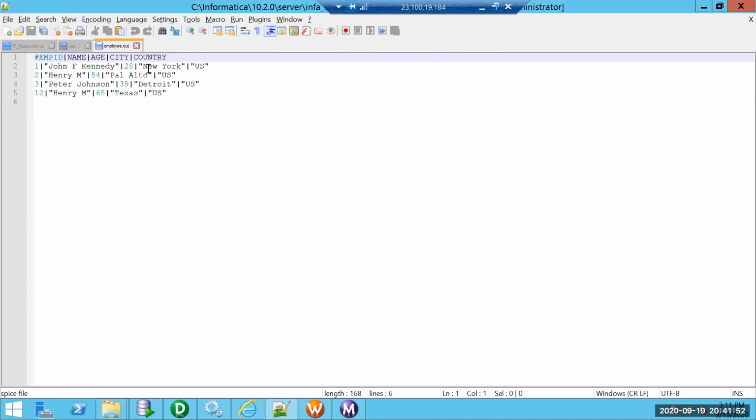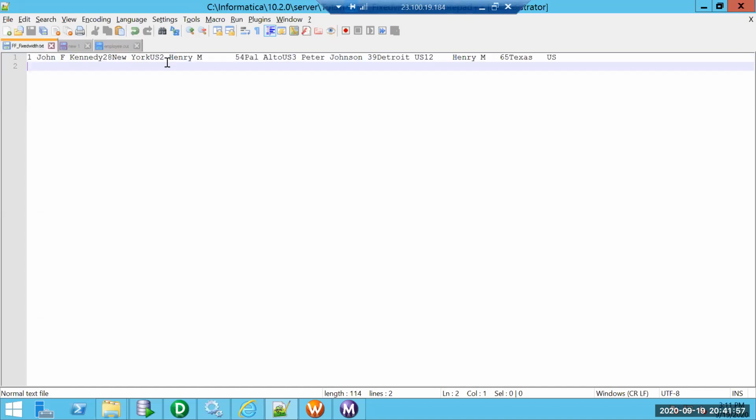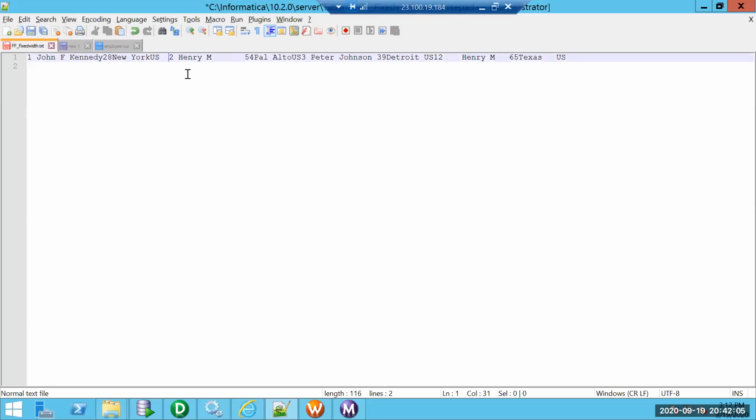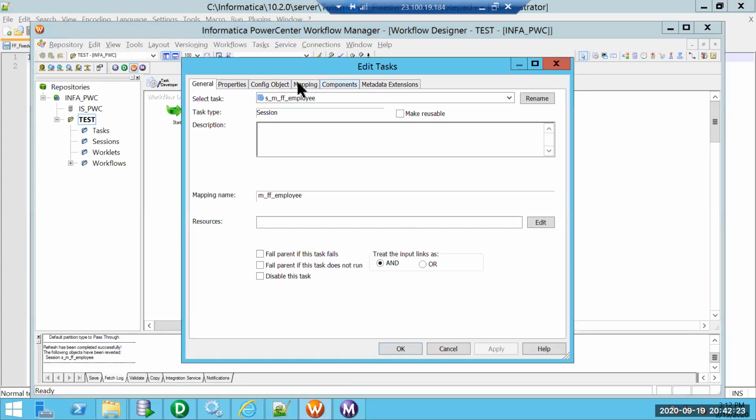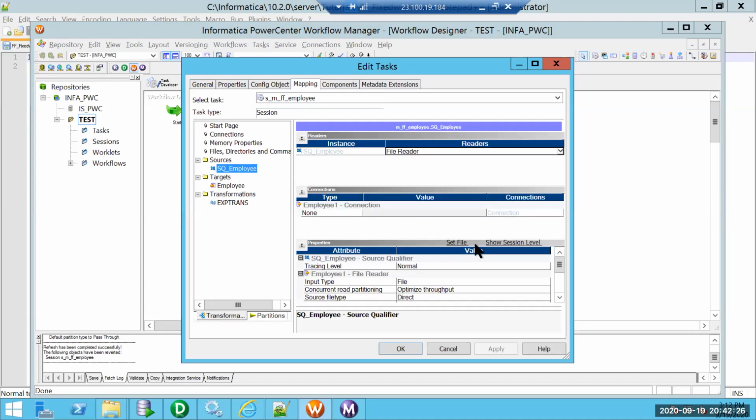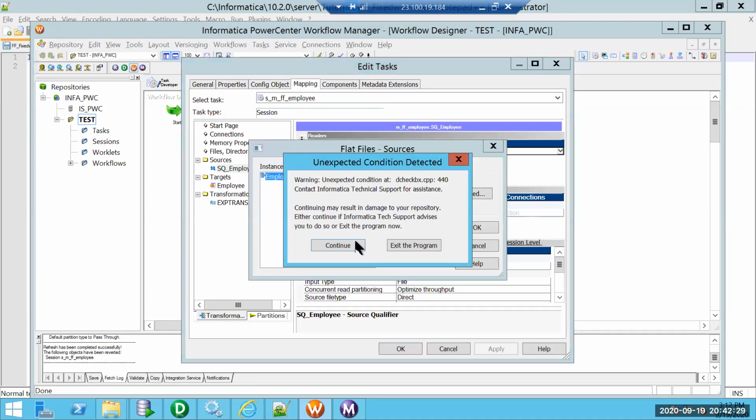It was populating exactly the same when the first row data was separated by a new line. Now each record is separated by two spaces. This was happening when we were running without line sequential turned on, so some data is not line sequential in this case.